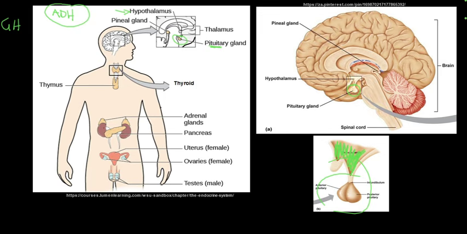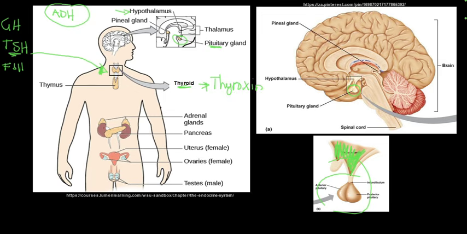The next hormone that is also secreted by the pituitary gland is called TSH. And TSH stands for thyroid stimulating hormone. So this hormone will work directly with the thyroid gland. And what TSH does is it stimulates the thyroid to secrete thyroxine. So it stimulates the thyroid to produce its own hormone called thyroxine. Okay, we'll look at that a bit later on. So TSH also produced by the pituitary gland. Then another one produced by the pituitary gland is